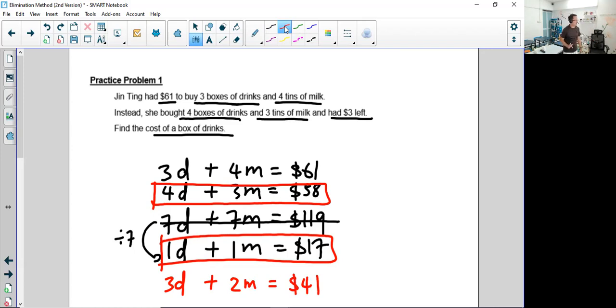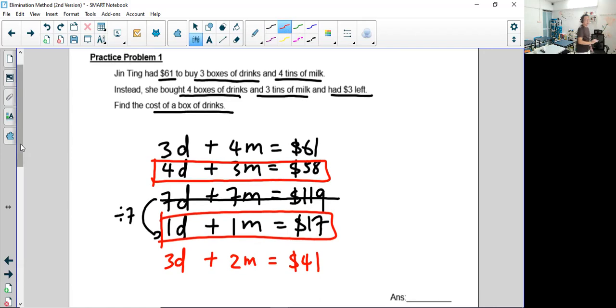Then it was a bit confusing, right? With so many statements. So we still have to find 1 box of drinks. So how do we find 1 box of drinks? You can see that it's a bit hard already. I'm not going to continue from here because there's a lot of thinking over here. It's a bit advanced already. So when I try to use that way, which I showed you just now, which seems to be quite efficient, which seems to have a few steps and get the answer faster,